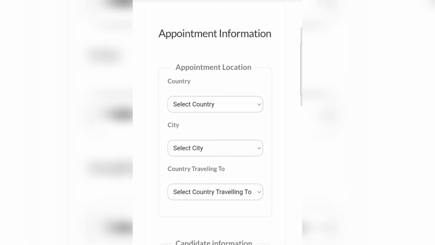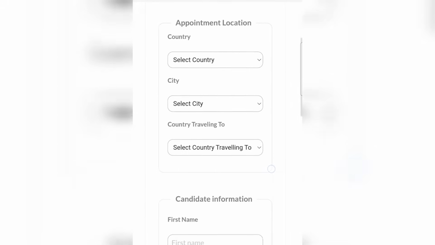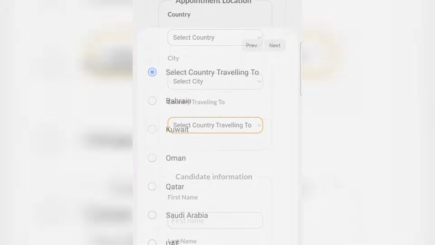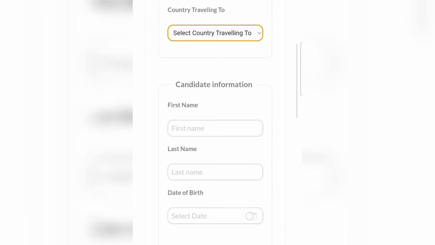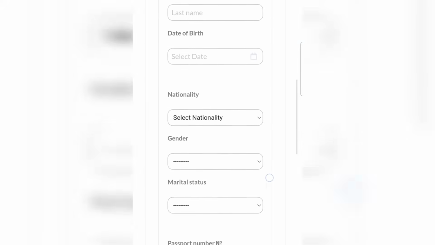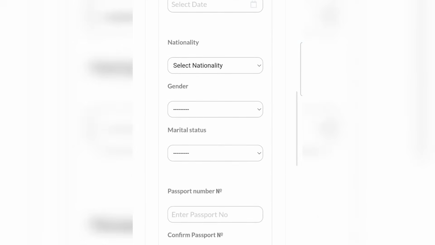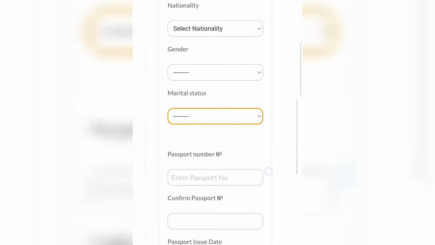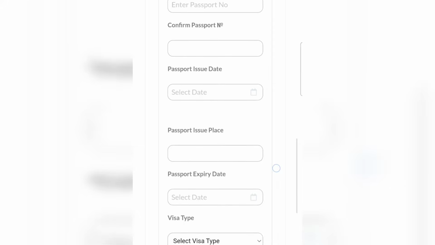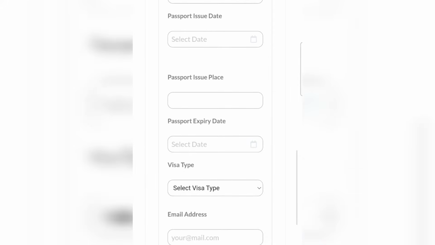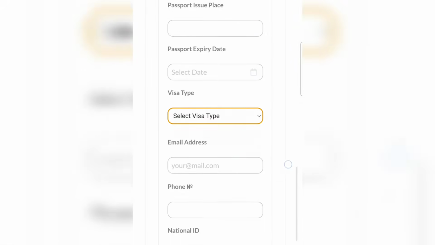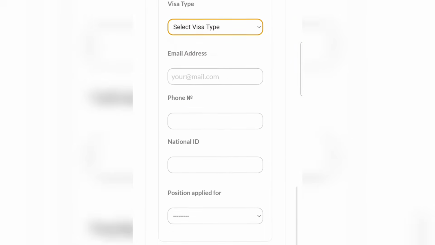Select your country, city, country you are traveling to, Bahrain, Kuwait, Oman, any Gulf country, your first name, last name, date of birth, that is mentioned in your CNIC. Nationality, gender, marital status, passport number, confirm passport, passport issue date, visa type, expiry and issue place, and then visa type, your email, active email address, active phone number, as you will get your OTP there,